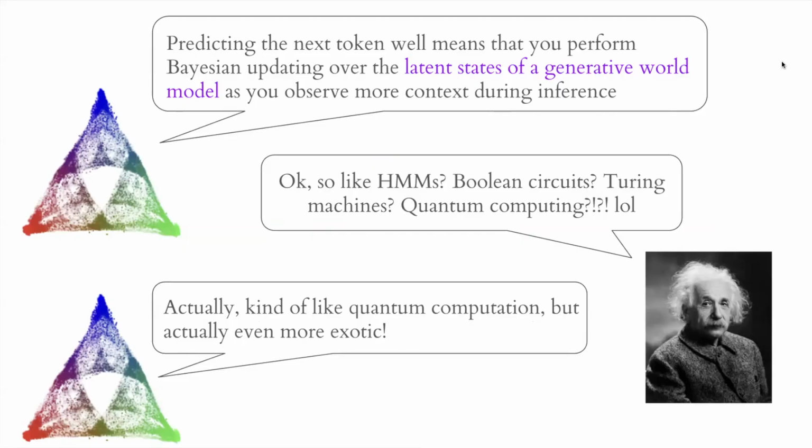So we're talking like hidden Markov models, that's the data generator, or should we be talking about Boolean circuits, Turing machines? Surely you're not talking about quantum computing. Like, what's the type of world model we should be thinking about? And we're going to come back at you and say, well, actually, quantum computation is a pretty good model. It's actually, the type of world model is much more similar to quantum computation than you might think otherwise,